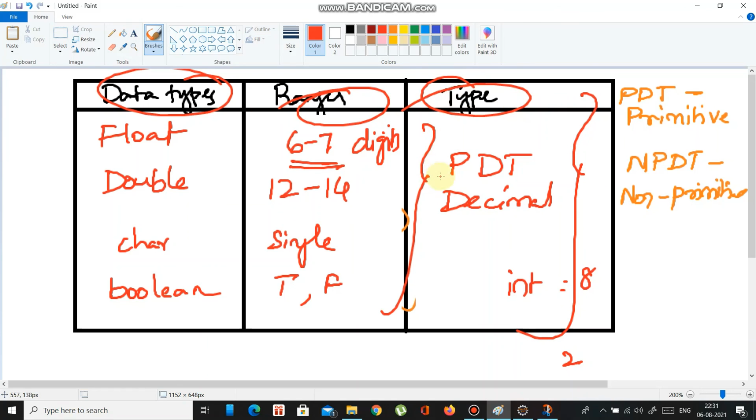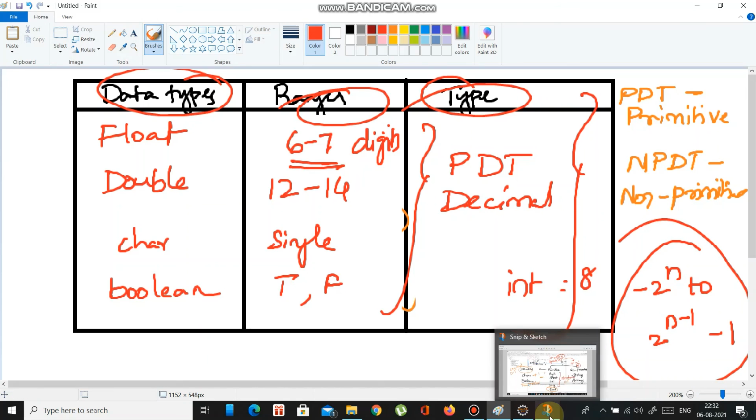So just do practice it, and that's all about data types. And there is a formula to find these ranges. It's minus 2 power n to 2 power n minus 1 minus 1. This is the formula to find the ranges. So do practice it, and that's all about data types.